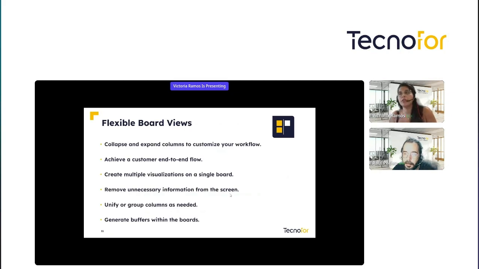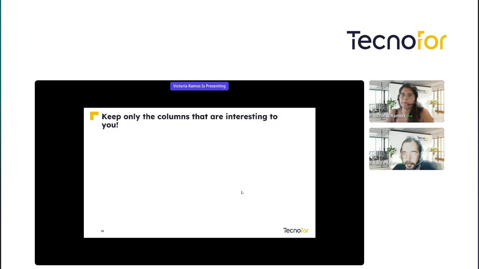We could be configuring it this way, achieving the workflow that best fits the person who is using the Jira board, and it will not affect the other people from the team, since this configuration can be done per user as well. You could be unifying these group columns and generating buffers within the boards. Okay,